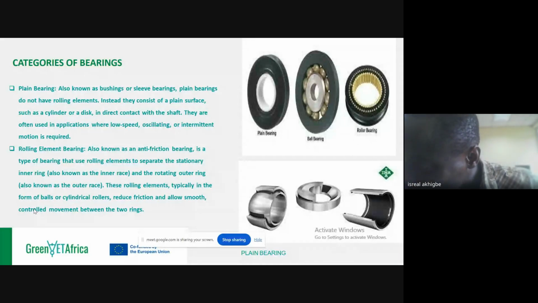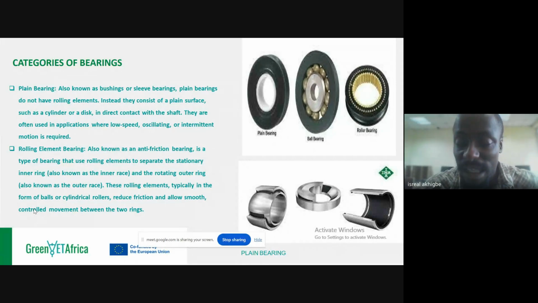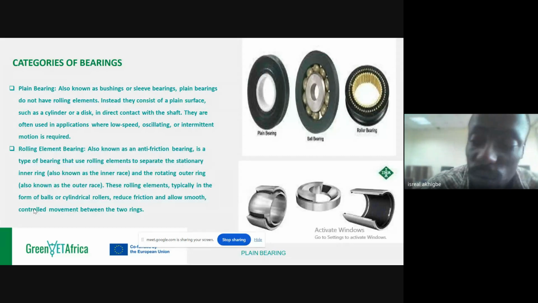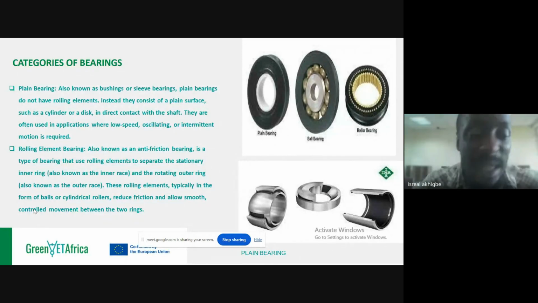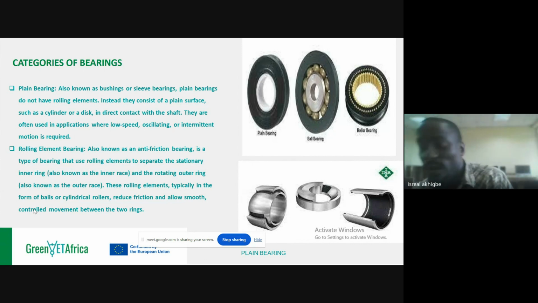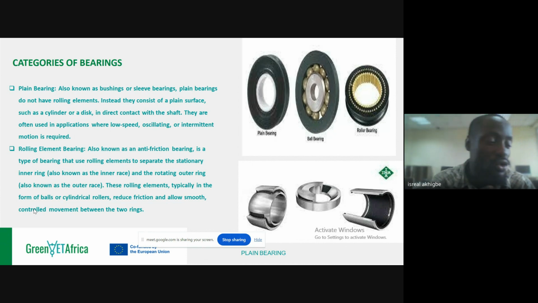Basically, both of them can do the same thing. However, remember that I said they are transmission components. What we said transmission was supposed to do was help us link our driver to our driven. So if I want to link my driver to my driven, my ultimate aim is just to find a way of getting rotation from the driver to the driven. So if I now choose to use gear, chain, or belt,